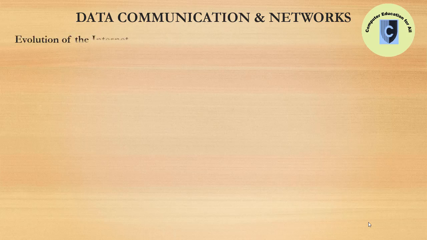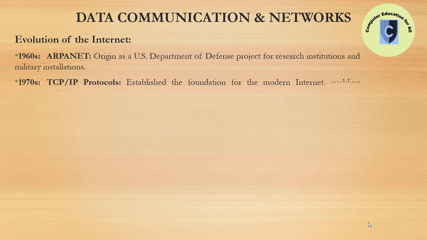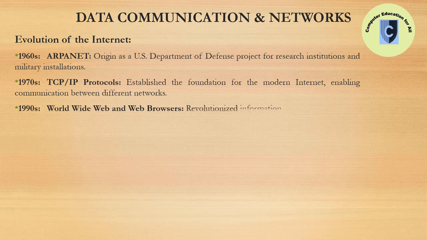Evolution of the Internet. The Internet has evolved from its origins in the 1960s as ARPANET, a U.S. Department of Defense project for research institutions and military installations, to become a global network of interconnected computer networks. In the 1970s, the development of TCP/IP protocols established the foundation for the modern Internet, allowing different networks to communicate. The 1990s saw the emergence of the World Wide Web and web browsers, revolutionizing how people access and share information